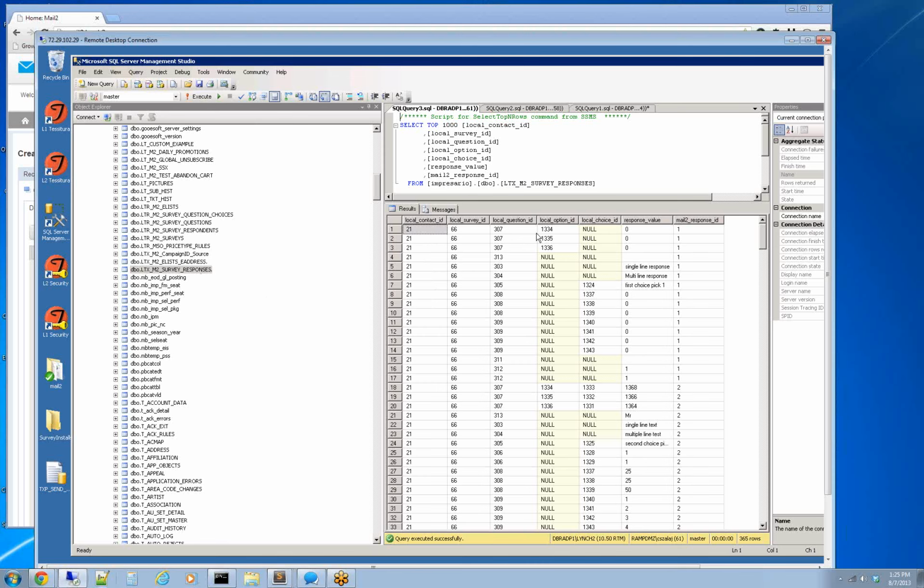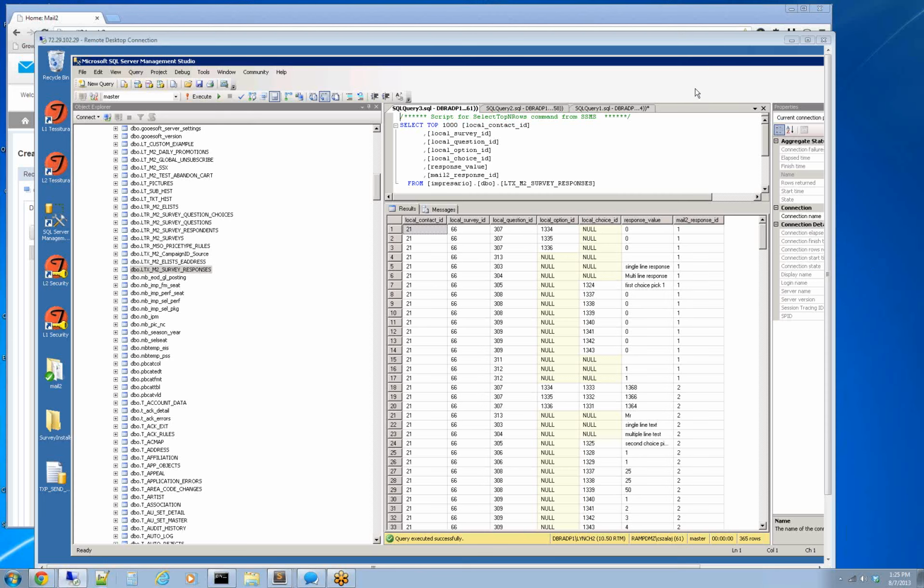So all the data is stored in a relational format in Tessitura so that after you send the survey out, and you want to do any kind of more advanced reporting on this later on, you have all the access you need to the data to do what you need to do in Tessitura. That could be anything from translating a response from a particular response on a specific question into an interest or attribute on constituent records. It could be taking and exposing some of this information to extractions or list managers, so you can filter through contacts based on their response to a survey. Really, there's no limit to what you can do with this, and that was the idea, is that Mail2 really